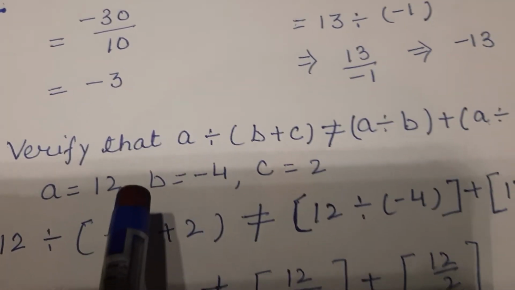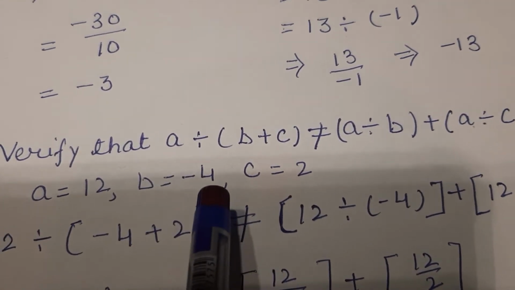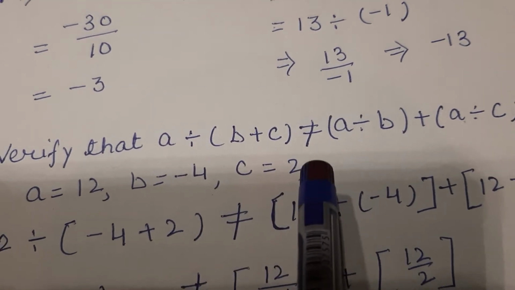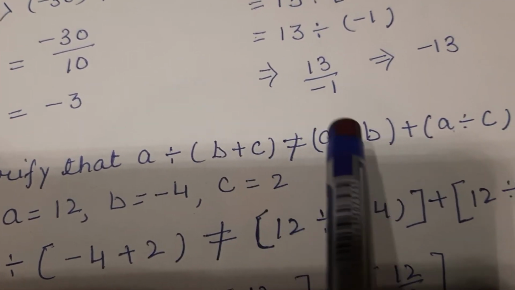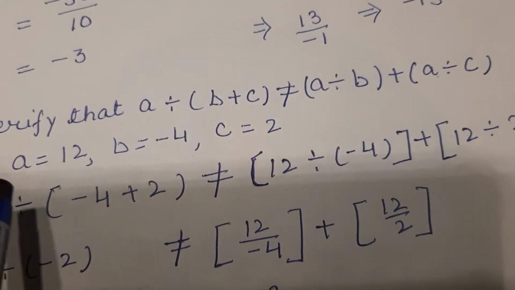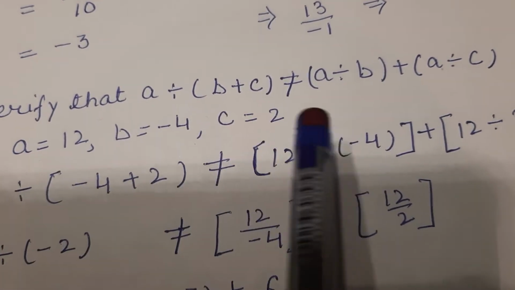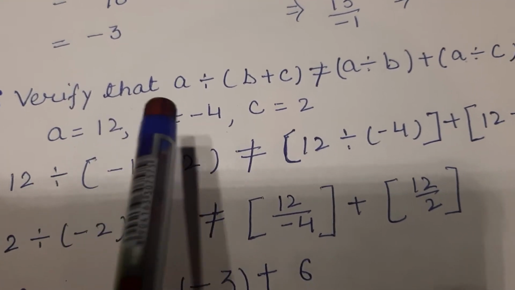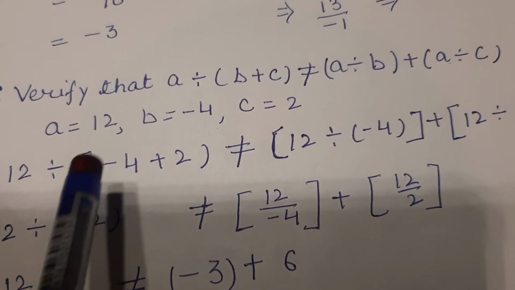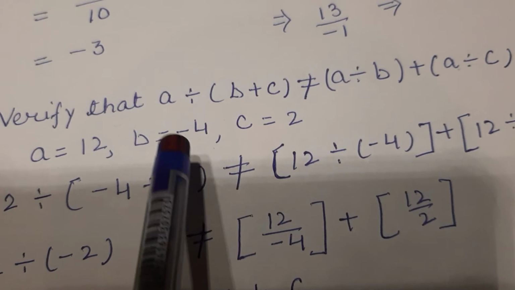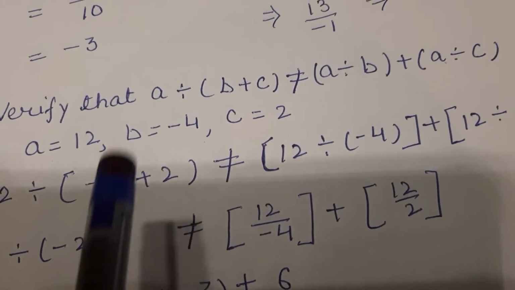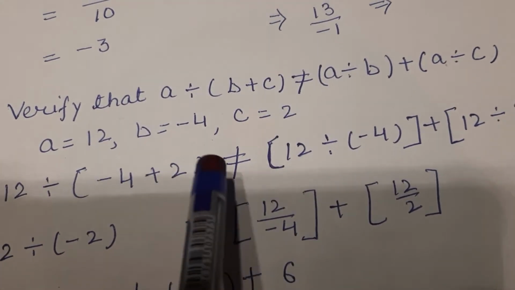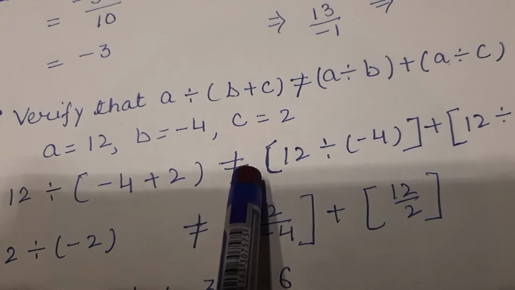Now a is given as 12, b is given as minus 4, and c is given as 2. Now in place of a, b, c, we will put their values. We will write their values. First is a, so a is 12. Then the division sign, just copy it. Then b, b is minus 4, write it like this. Plus c, plus 2. Is not equal to